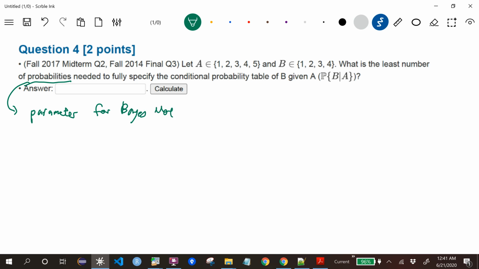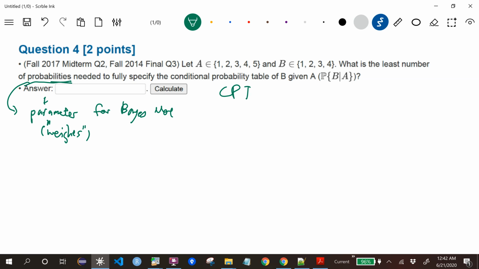Or what's the number of parameters we need to specify for a bigram or trigram model? Or sometimes I call it the number of, say, the weights that we need to specify. They are technically not weights, so either I should say probabilities or parameters. What the question is asking is basically how many things we need to keep track of in the CPT, the conditional probability